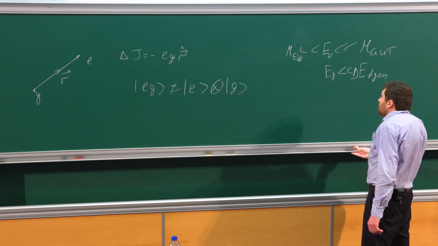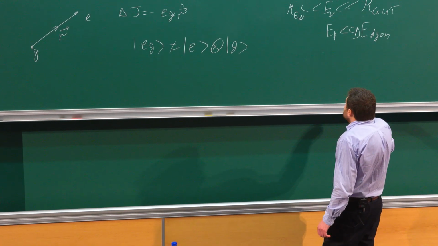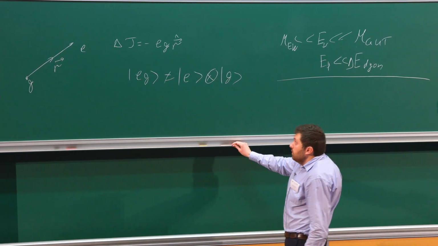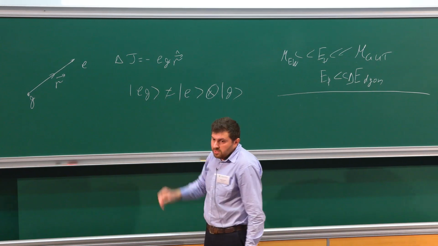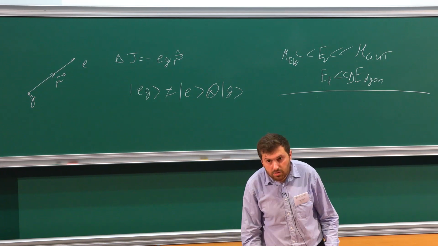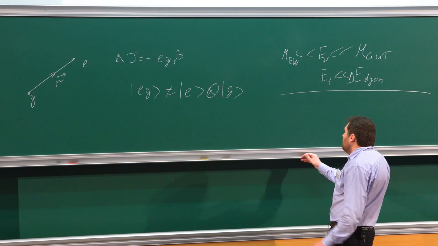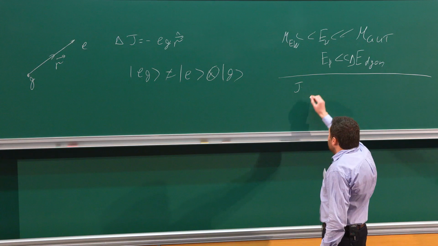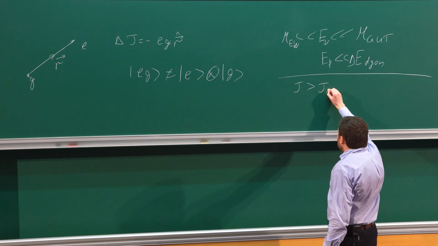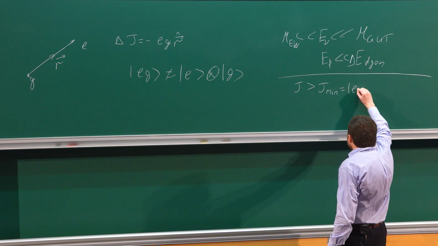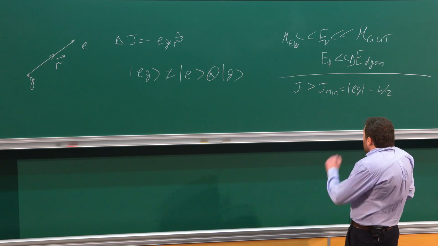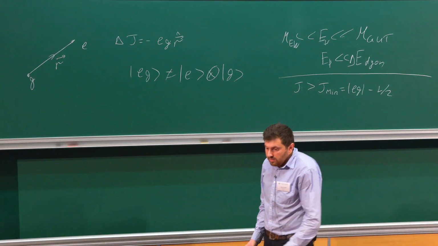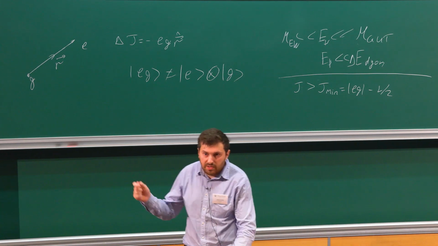If you study the problem in these limits, you will notice that it is very useful to do partial wave decomposition. Of course, partial wave decomposition should take into account this piece, but it was done more than 70 years ago. We can just read all the literature. And what we will find is very interesting. Partial waves which carry J bigger than the minimal allowed angular momentum, given as |eg| minus 1/2, will develop a large centrifugal barrier and will be elastically reflected from the monopole very far away.